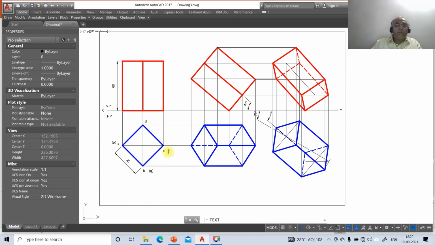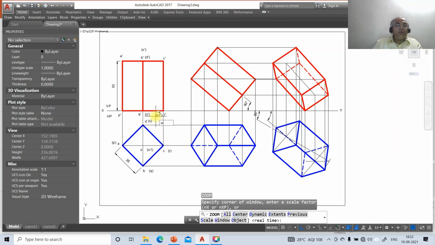Here you make this as A, B, C, D, and here it is P, here Q, here R, here S, here O, and here O1. Here it has A dash, B dash, C dash, D dash, and O dash. Then P dash, Q dash, R dash, S dash in bracket, then O1 dash in bracket. Once you do that, go to zoom window,